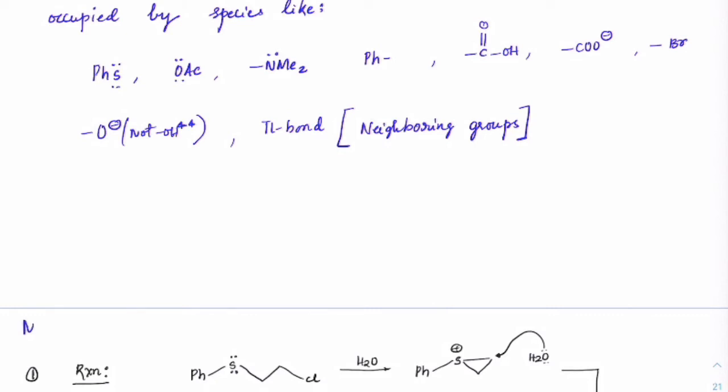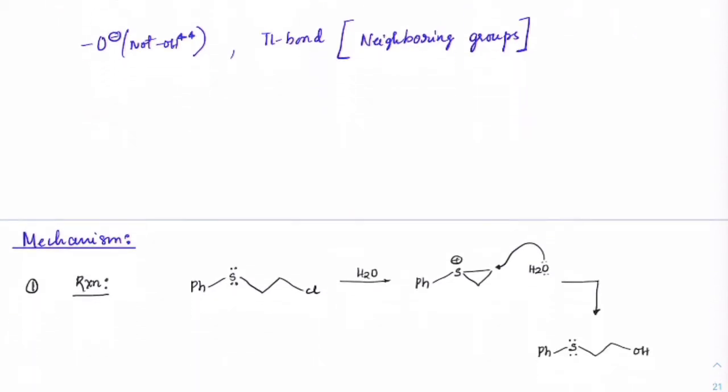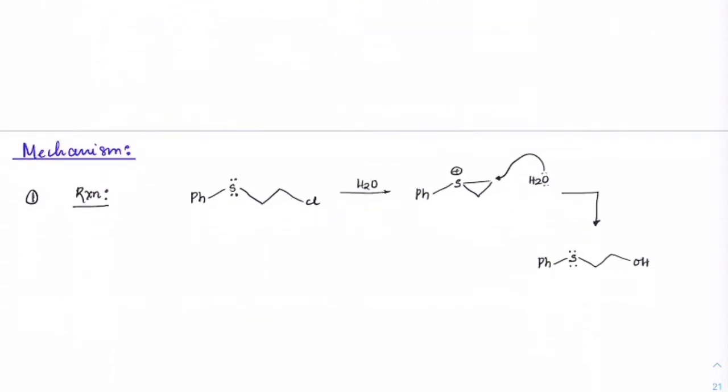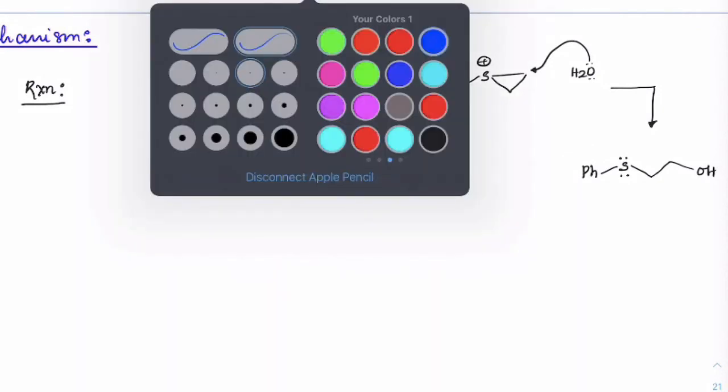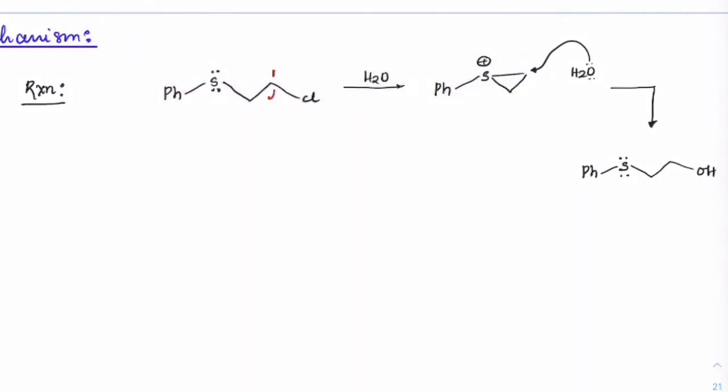Now let's see how the mechanism is actually going here. See this guy. Suppose this is a reactant, keep writing along with me. So PhS is connected. See the positions now. First I'll label the positions. This is carbon 1, which you call the alpha carbon. Second position, third position. So you can see on the third position there is a sulfur atom which has a lone pair on it,